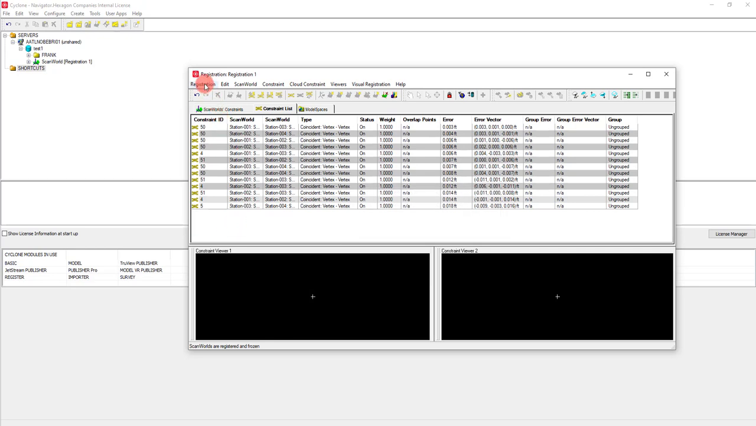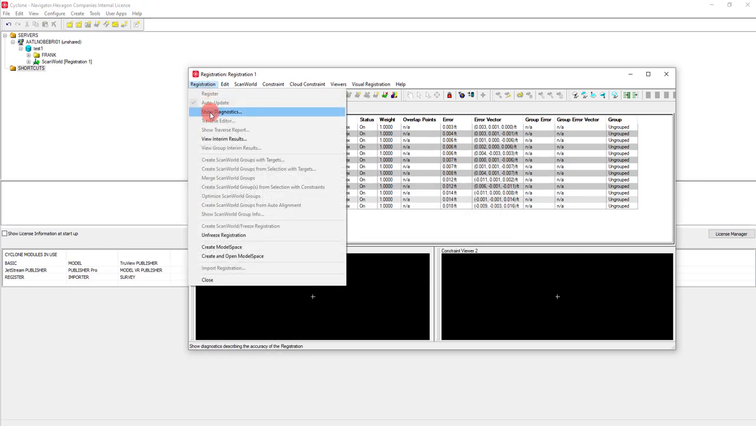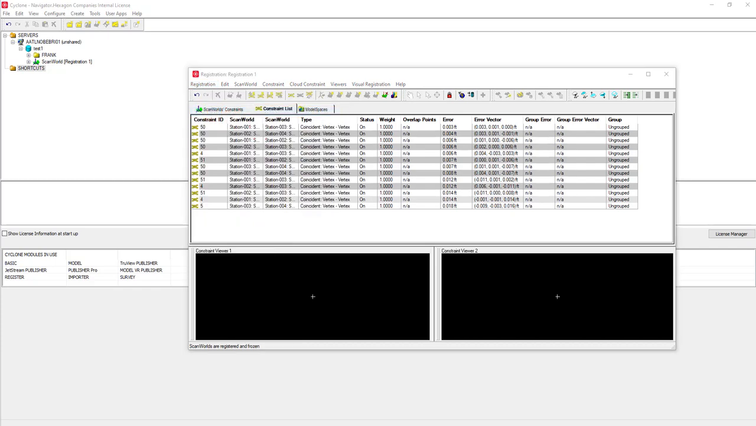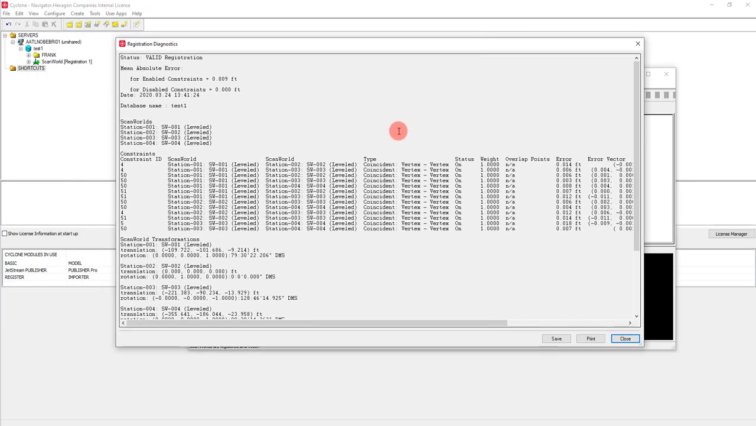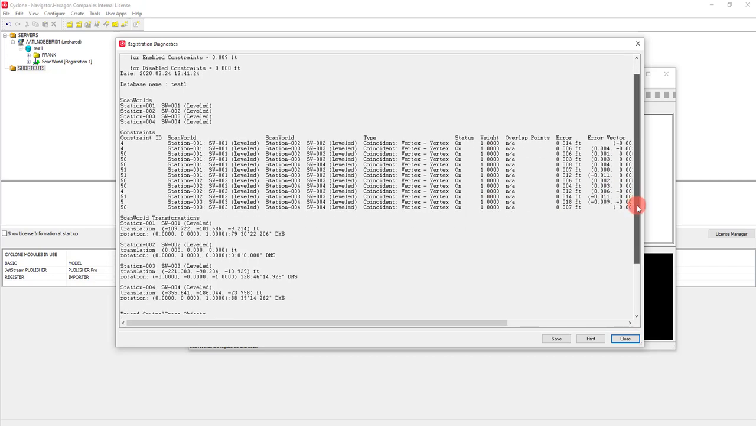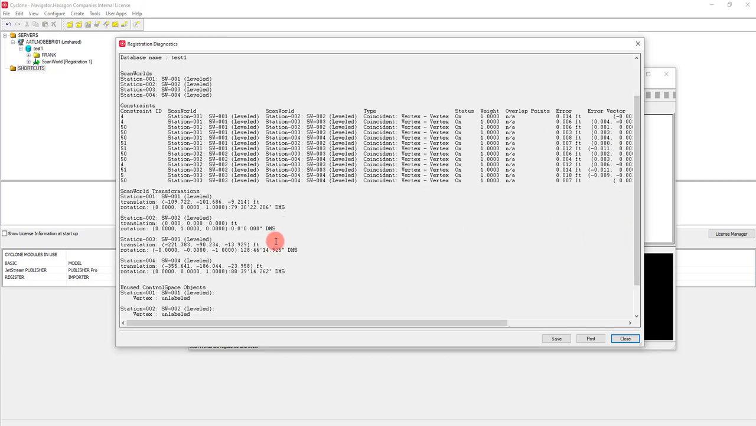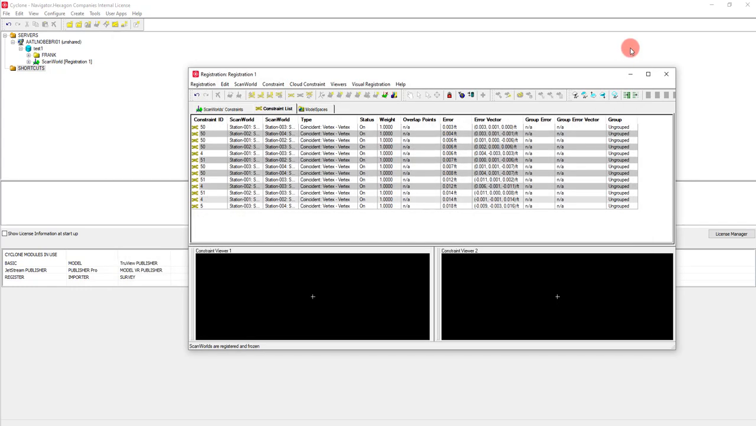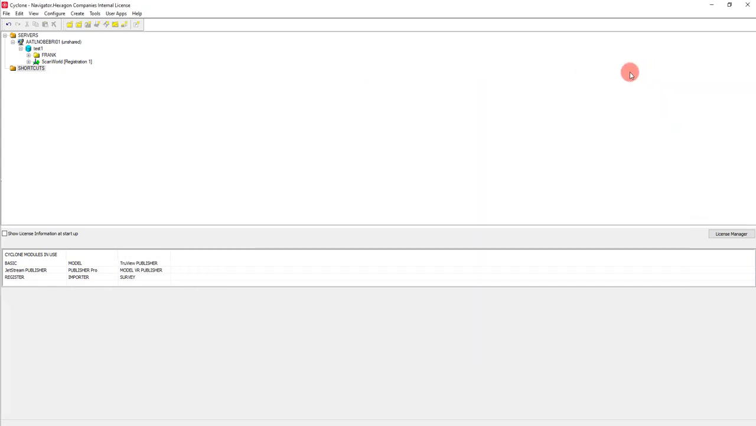Then I'm going to go up top one more time and select Registration and Show Diagnostics. This will simply show me my registration report, which I can then print out. It shows me my absolute error for the total registration, as well as each individual station, and it also shows me my rotation and translation of each individual scan world. Now we can close out the registration,